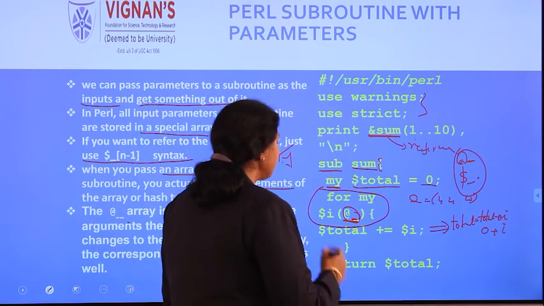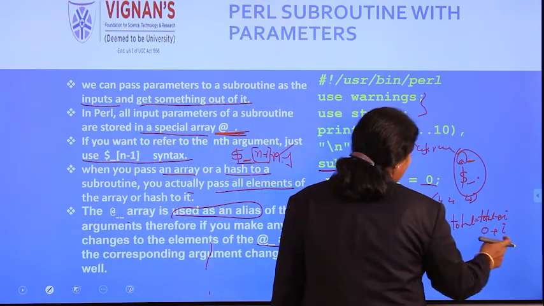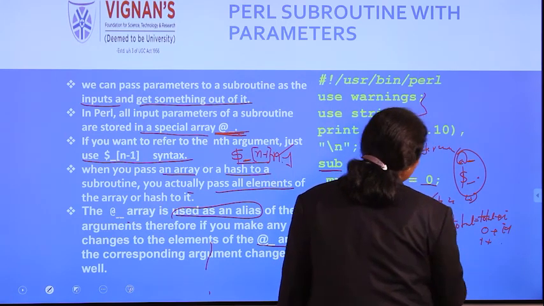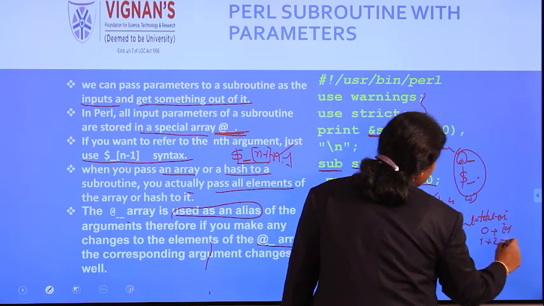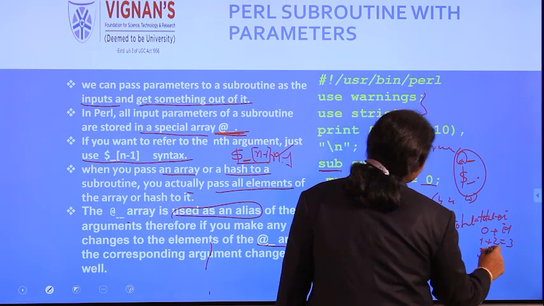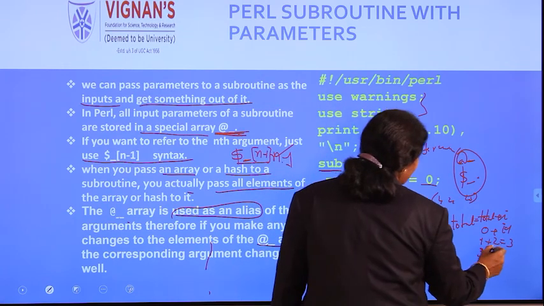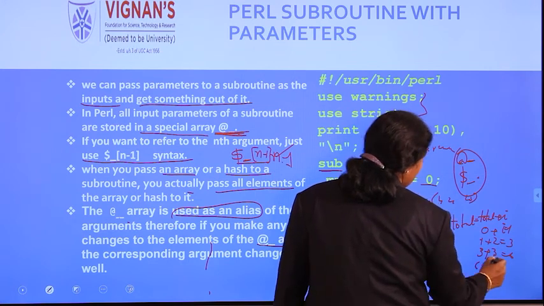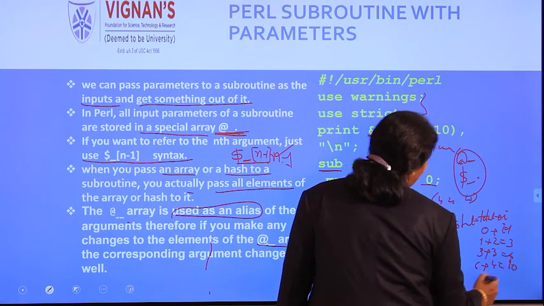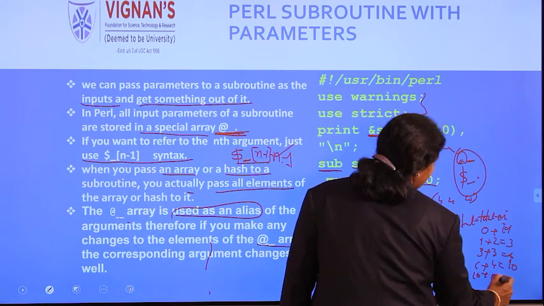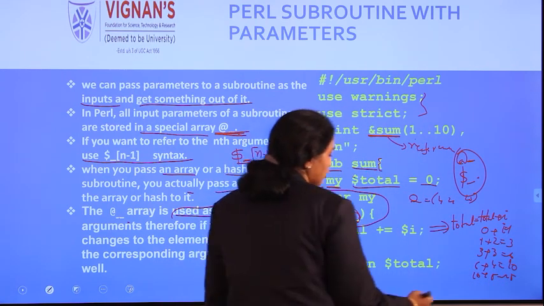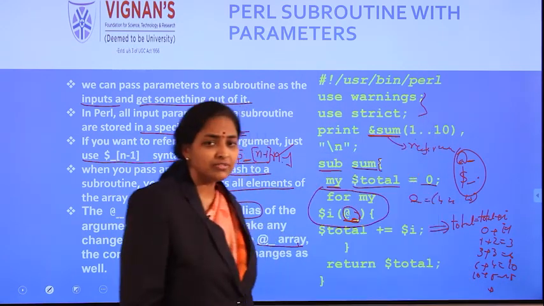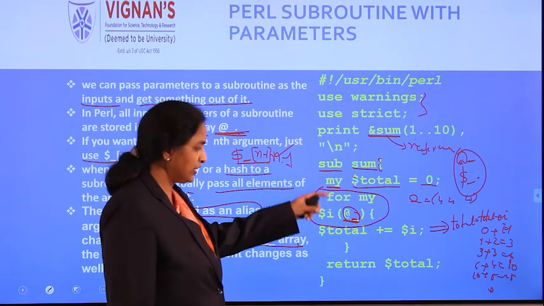Now the loop starts, which means first it becomes 0 plus 1, so that is equal to 1. Now on the second run it becomes 1 plus, now your i is 2, so 1 plus 2 is equal to 3. Now 3 plus your i, which is 3, is 6. Now total has become 6. 6 plus 4, now it became 10. And 10 plus 5, 15. Like this, your total becomes total plus the last value, 10. That is the way things are going here.